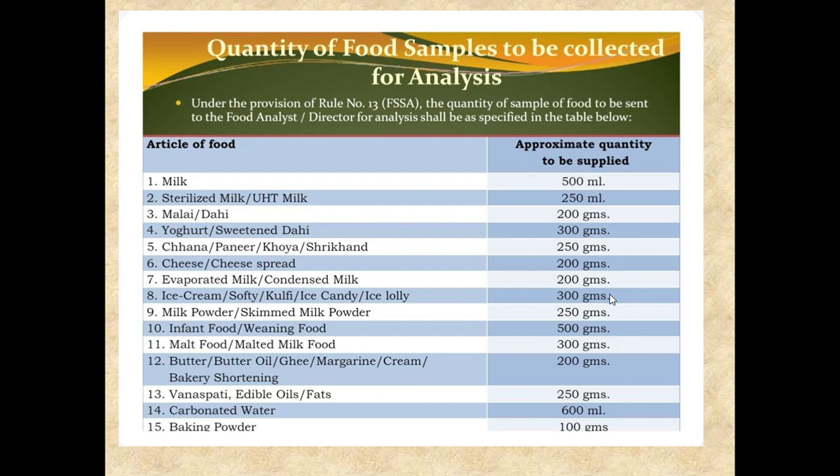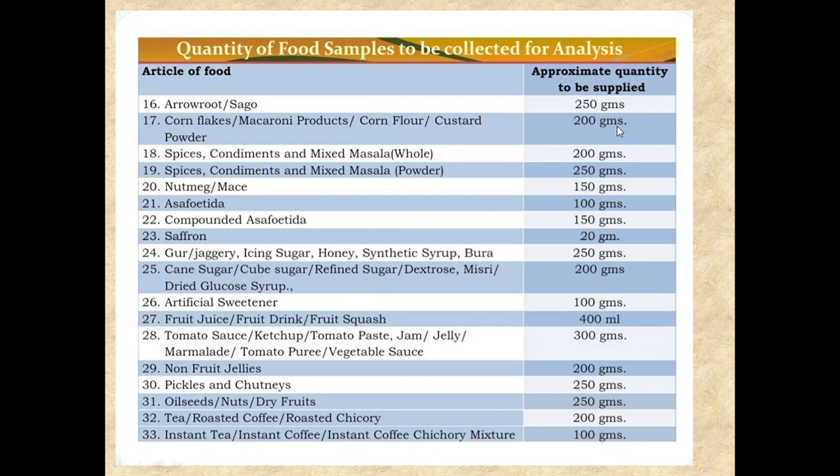and ice cream, softy, kulfi, ice cream, 300 grams; milk powder, skim milk powder, 250 grams; infant food, weaning food, 500 grams; malt food, 300 grams; butter and butter oil, ghee, margarine, 200 grams; vanaspati, edible oil and fats, 250 grams; carbonated water, 600 ml; baking powder, 100 grams; arrowroot, 250 grams; corn flakes, 200 grams;